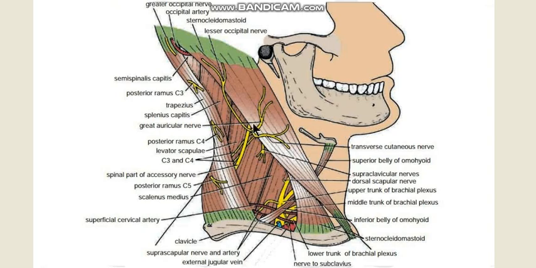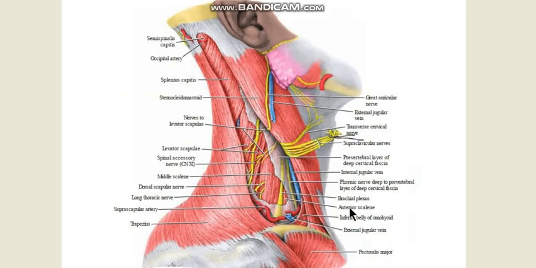and the cutaneous branches from this nodal point behind the sternocleidomastoid, the lesser occipital nerve and the great auricular nerve and the transverse cervical cutaneous nerve and the supraclavicular nerves. And you can see the upper trunk of the brachial plexus here, and the middle and lower trunk of the brachial plexus extending into the subclavian triangle. And again you can make out the suprascapular artery and the superficial cervical artery, branches of the first part of the subclavian artery. And unless you retract this, you cannot see scalenus anterior. Let's see if we can manage to do that.